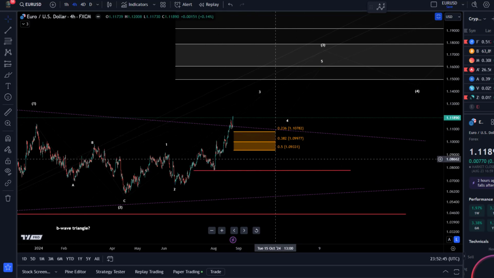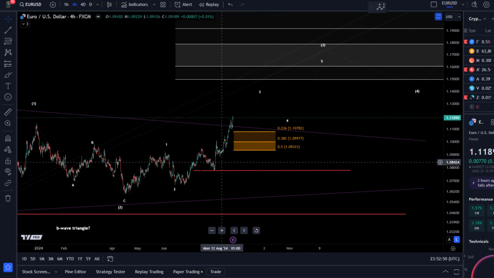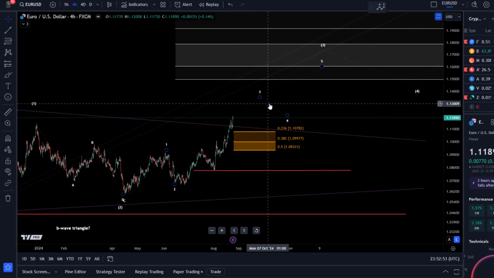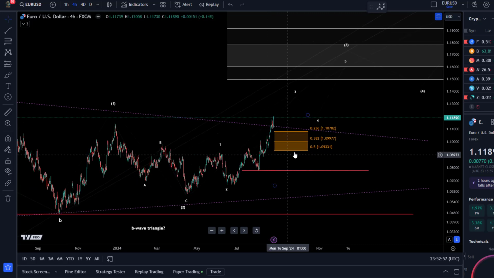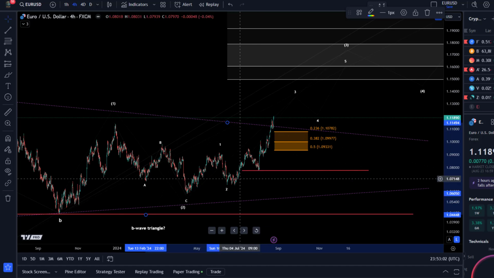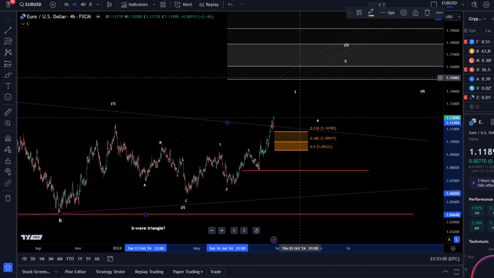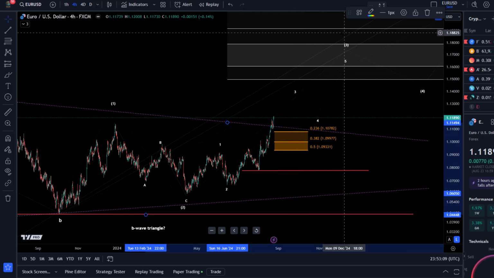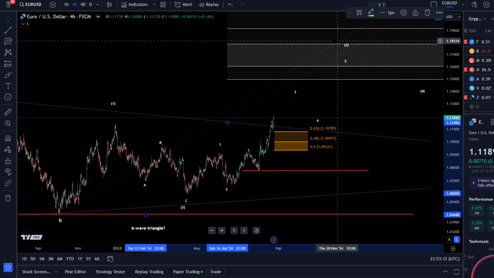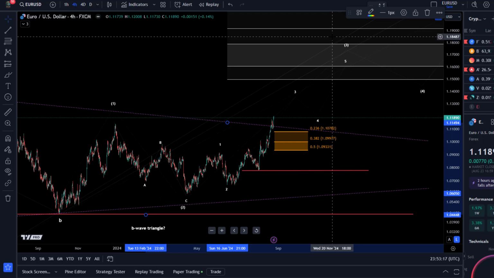But the Elliott wave structure isn't going to fail until we break below $1.09, the 50% retracement of the current third wave. If the exchange rate breaks below that, we are looking at a break of the impulsive upside structure in a third of a third wave. It shouldn't be a surprise that we're going up quite aggressively, because we are in a third of a third wave, typically the strongest element of a trend. If you watch the DXY video as well, then you know that on the DXY we're looking at a third of a third wave to the downside, so it matches quite well.